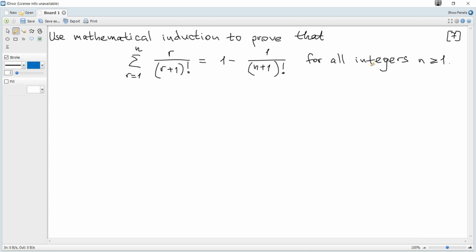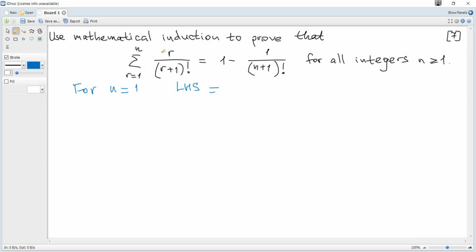Use mathematical induction to prove that a given statement is true for all integers n greater than or equal to 1. The first step is, as usual, we consider the first possible value of n. In general, we can consider absolutely any value of n, but it's more useful to consider the first possible value of n. So we write, for n is 1, the left hand side becomes sum for r from 1 to